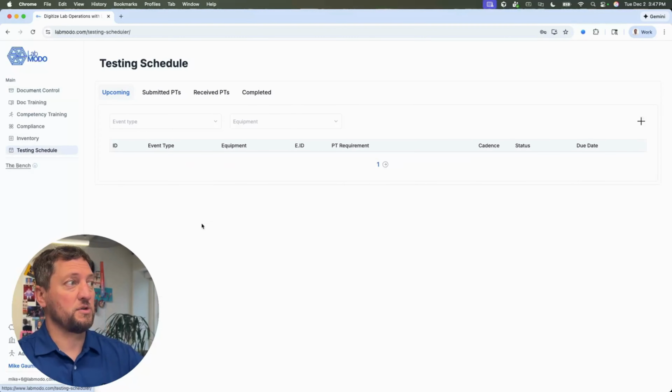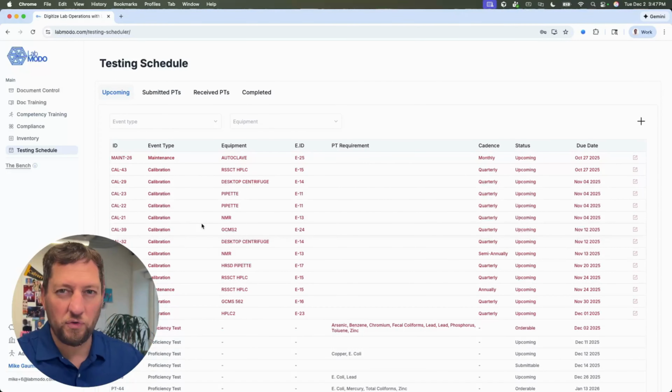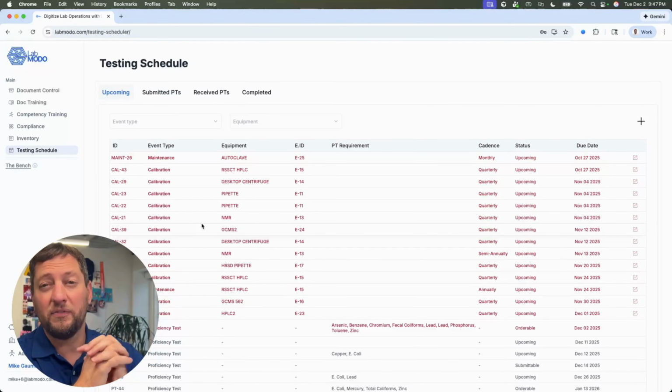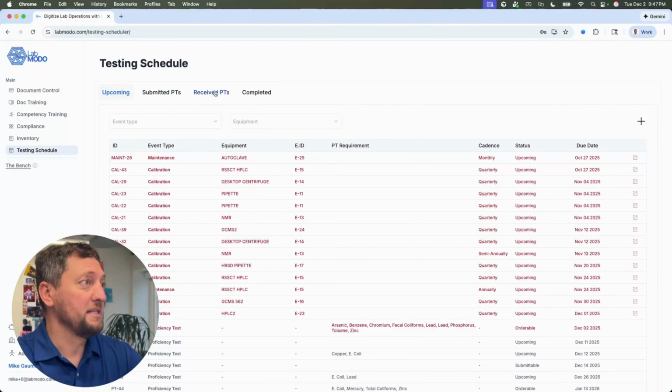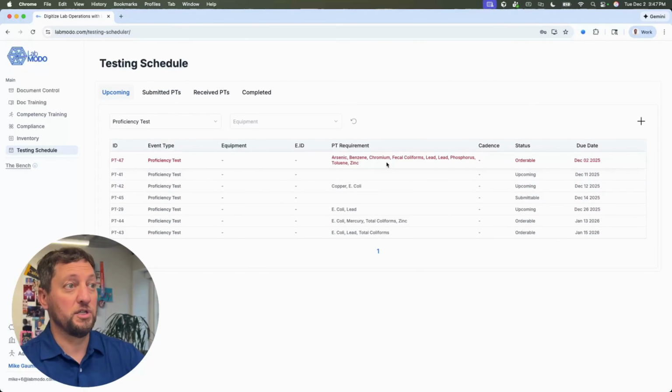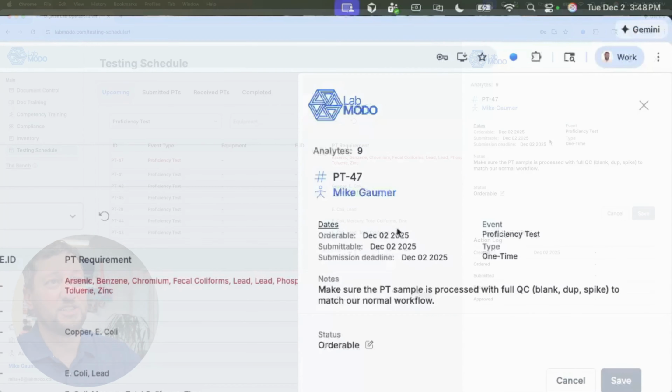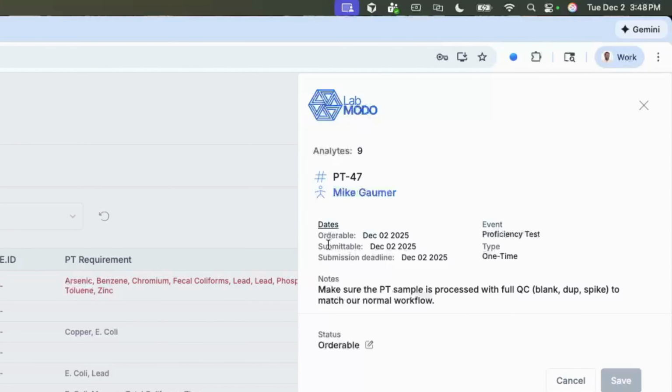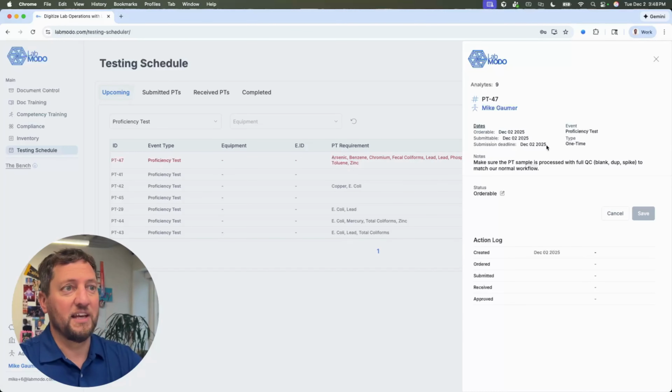Your testing schedule is where we're going to spend our time. It's where all of your recurring events live: calibrations, maintenance, and proficiency tests. So when you have one coming due, all of your important dates are here: when you can order it, when you can submit it, and your submission deadline. For the sake of this demo, we've got all the same dates today, so I can show you how to